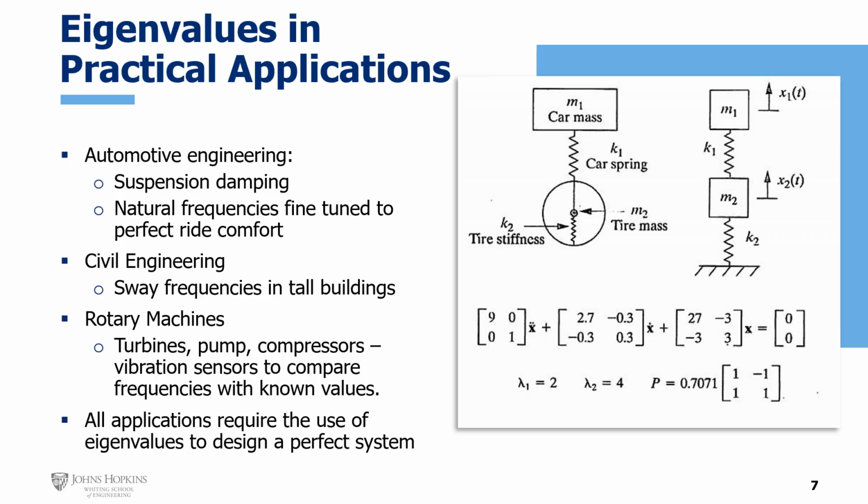In the automotive engineering world, you use these matrices and stiffness equations and damping equations to figure out the perfect damping for your car. Like an off-road vehicle, you'd want a little bit of an underdamped system, maybe if you want more rebound on your car to account for terrain. Maybe on a race car like an F1 car, you would want stiffer springs, stiffer compression, so that when you're going around turns, it can handle the lateral weight transfer. All this stuff is really cool to see how eigenvalues relate to real world examples,